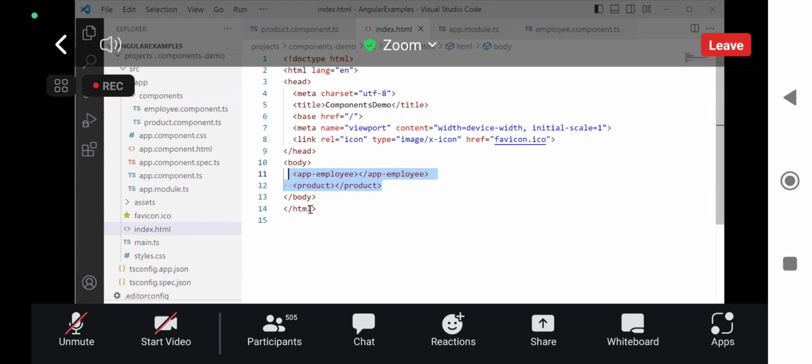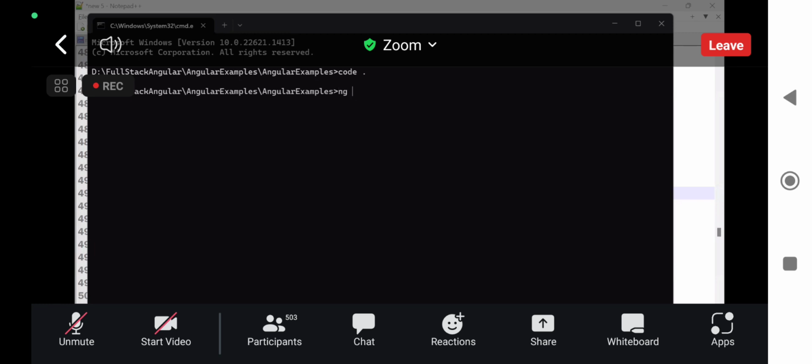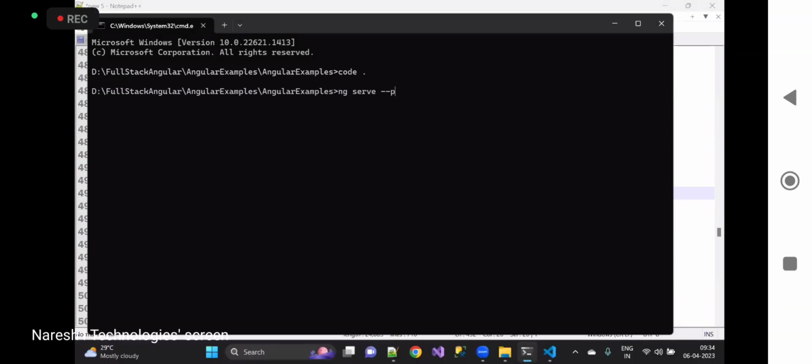Now step number 4 is done: bootstrap and then use the selector in index.html. The last step is to execute the project. How do we execute the project? Simple terms: ng serve, hyphen project equals